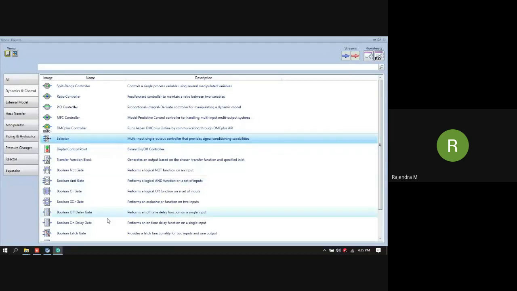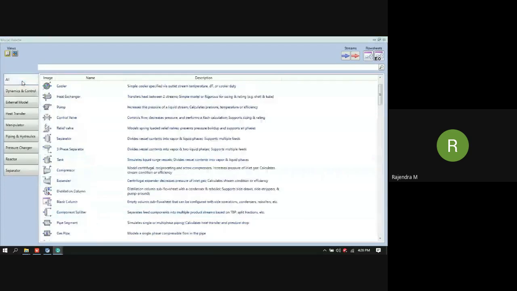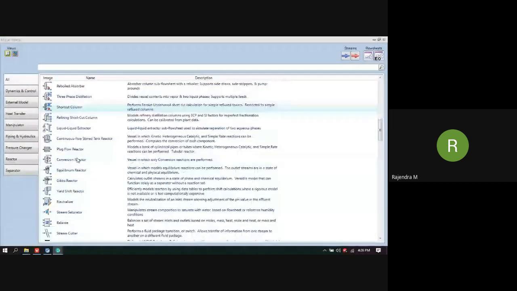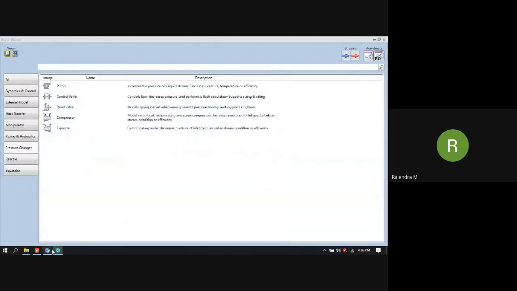Then there are also logic gates to model the dynamic operation, like AND gate, OR gate, off gate, on gate, and so on. So for dynamic simulation, this can be used. For HYSYS, we have almost covered every detail on which palette and which icon should be used.